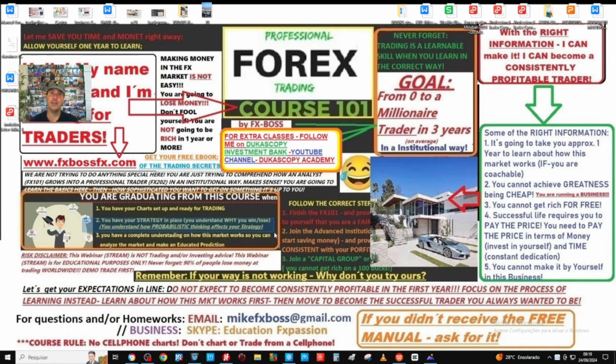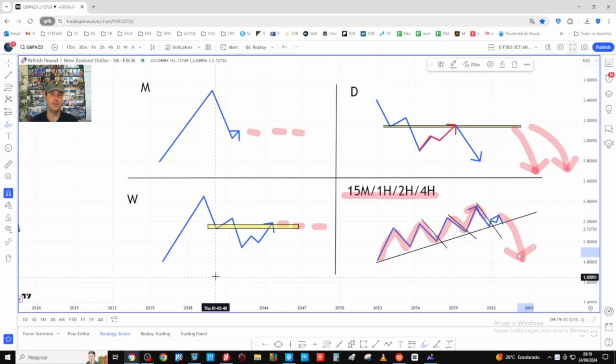You have a strategy in place, the things that you do, and you understand why you win and why you lose. Meaning, this market makes sense to you. Okay, you cannot grow into a professional trader, I'm sorry to tell you, unless you understand how you lose. It's not about winners, just winners. I must understand what is producing the losers. How me as a trader, it's more in the advanced course, but how my strategy, what the things I do, how are those producing losers, the setups, where am I entering? Okay, so